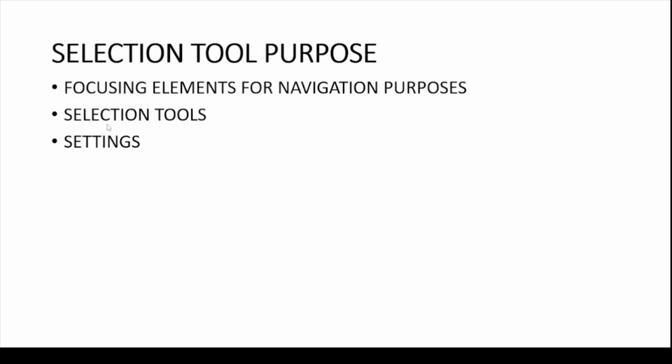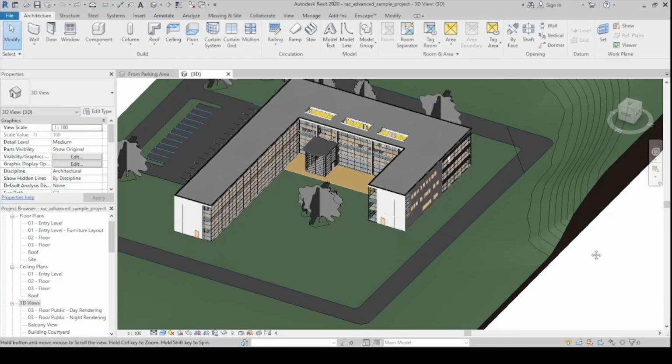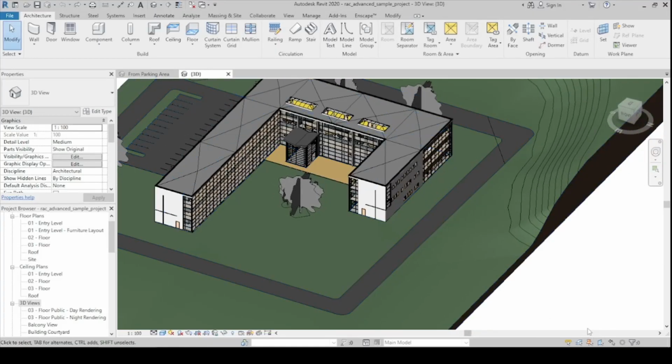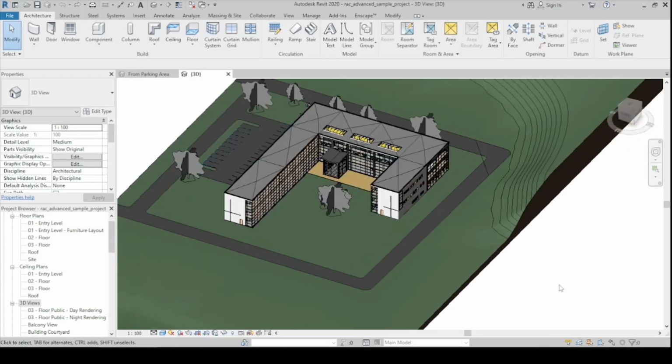Let's now go to selection tools. For the selection tools, we need to look at the selection tray right here. Okay, so by the way, before I discuss these selection tools, let me discuss the cursor and its